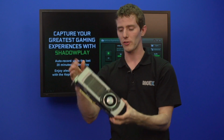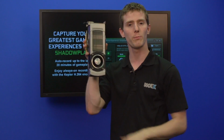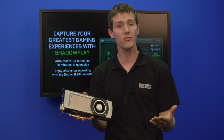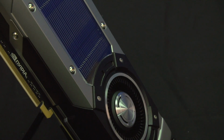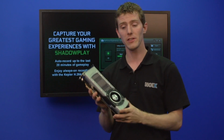And the GeForce Experience. The GeForce Experience is all about making sure that when you buy this card, you're actually getting the performance that you paid for, making sure that it gives you suggestions for things like what to tweak your games at, what settings you should run, as well as keeping your drivers up to date for you without you really having to think about it. It launched out of beta with the GTX 780, so obviously the 770 is supported as well,